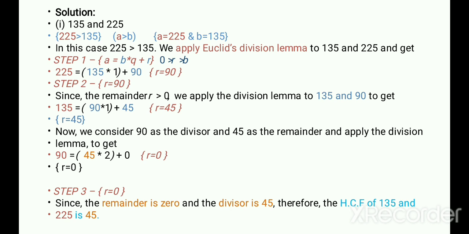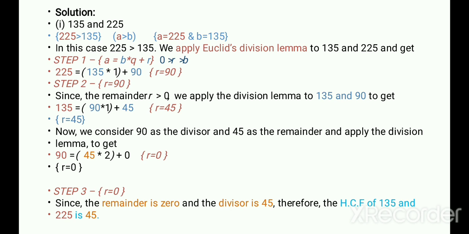Step 2 is a continuous process till the value r = 0 is achieved. Once r = 0 is achieved, you will go to step 3. So here in step 1 my r is 90, so I will proceed to step 2. Now r is 90 and your b is 135. So what is the condition now? 135 will be divided by 90, that is b is divided by r in step 2.